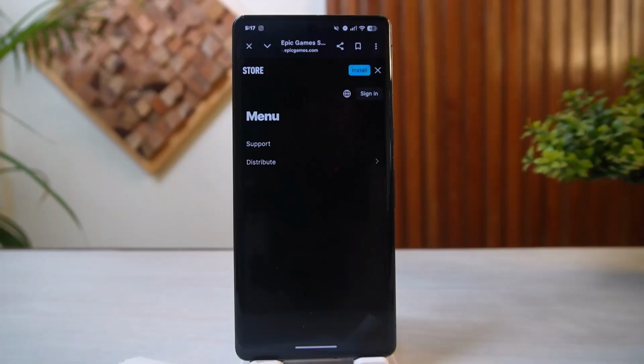Then click the settings icon or the manage button located in the top right corner of that subscription box and select the cancel subscription from the menu choices. Now you simply have to follow the on-screen prompt and click confirm to turn off the auto renewal. And this is how you can cancel subscriptions of Epic